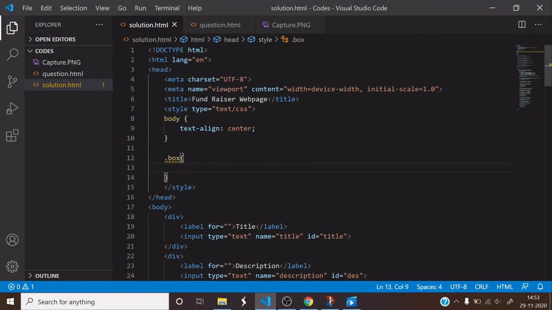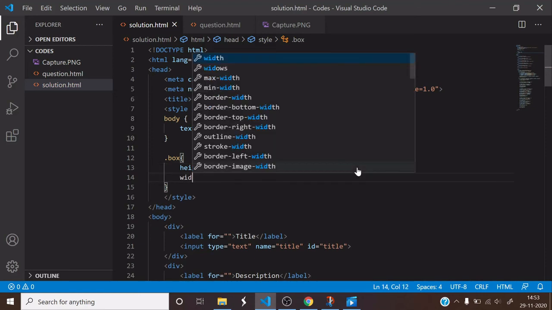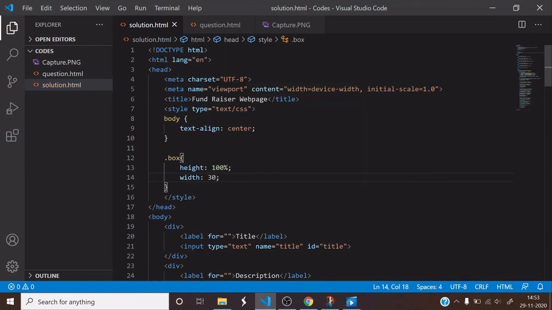Now we will be adding this attribute to the main box. 30% because we want 3 in a page max.